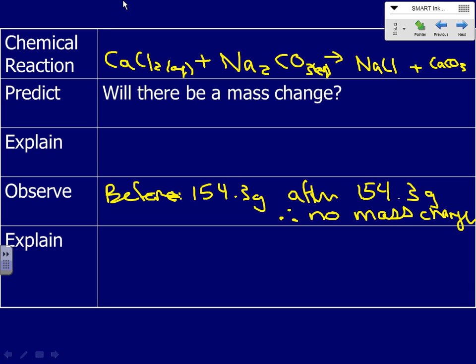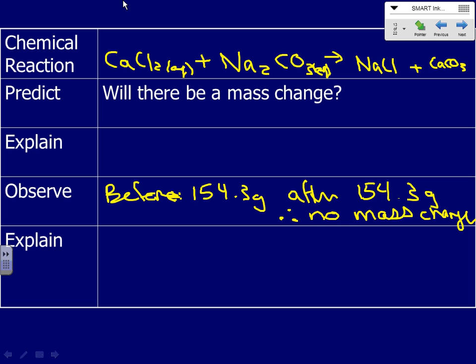There's a reason I do this as a demonstration as opposed to doing it as a big, long lab report. I remember doing this in high school, and I remember being absolutely, and did I tell you this story before? This is the experiment I was talking about, being absolutely disappointed with it, because in the end, it doesn't change, all right? And that's because when we have a chemical reaction, and you can put this down as your explanation,